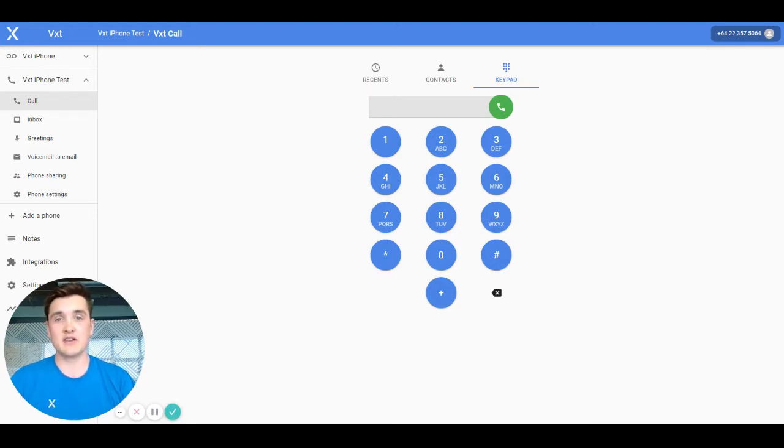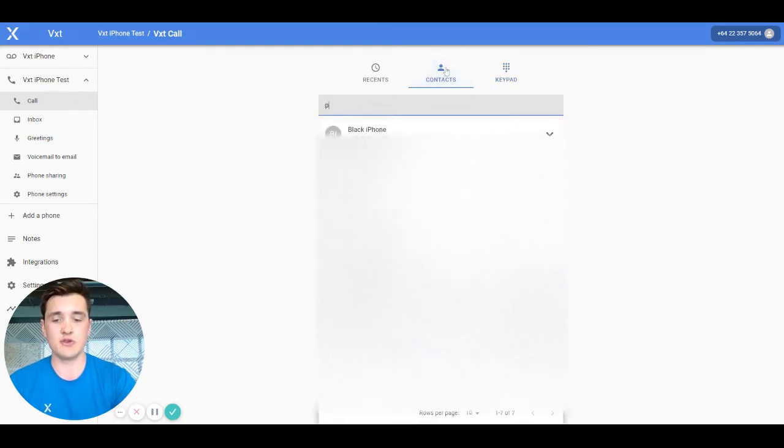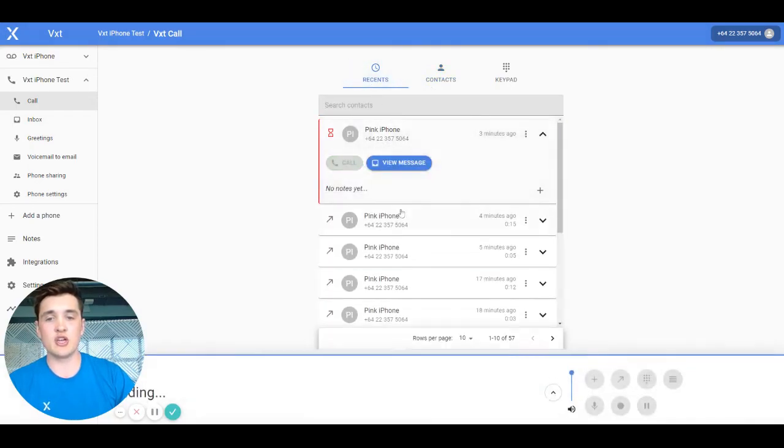To get started, navigate to app.vxt.co.nz. And if you've already got your phone set up, you'll find it here on the left-hand side. From here, you can access our keypad. You can click or type in the number. A contacts page where you can search, as well as a recents page where you can check your most recent